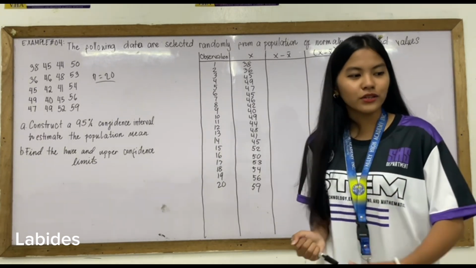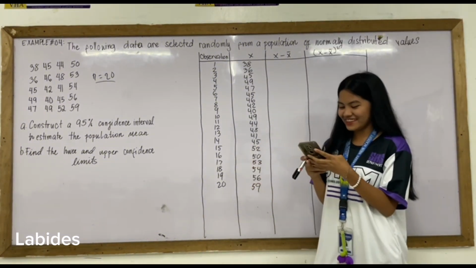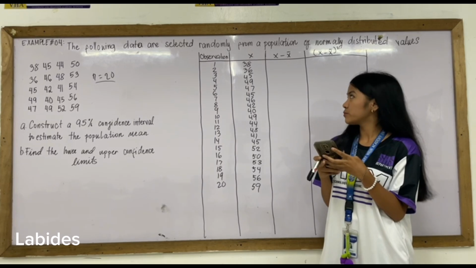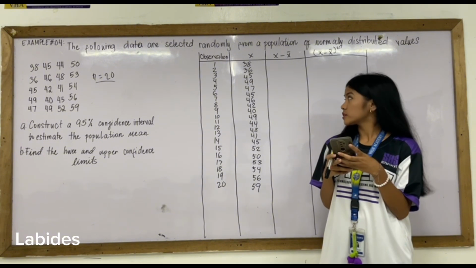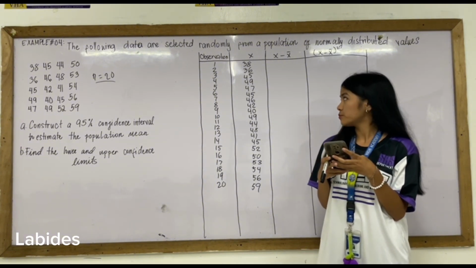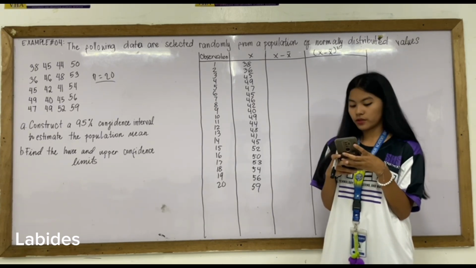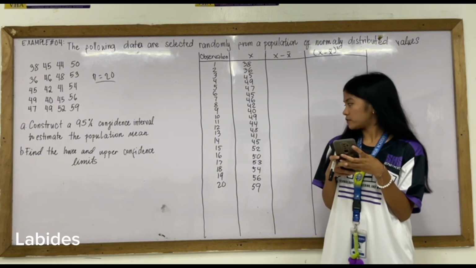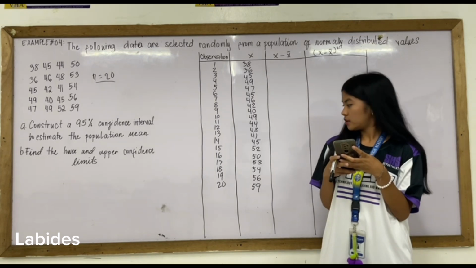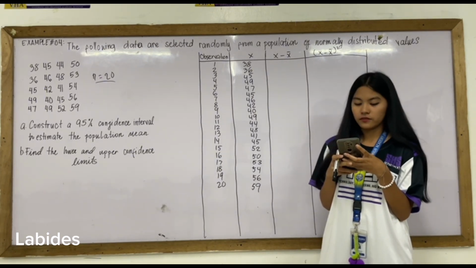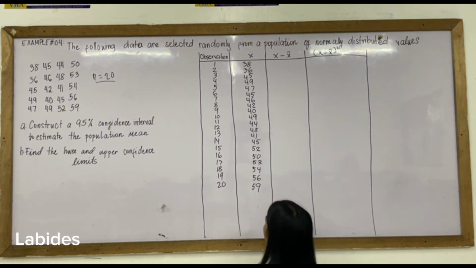So using our calculator, we have 38 plus 36 plus 45 plus 49 plus 37 plus 45 plus 46 plus 42 plus 40 plus 49 plus 44 plus 48 plus 41 plus 45 plus 52 plus 50 plus 53 plus 54 plus 56 and 59, which gives us 939. So our summation of x